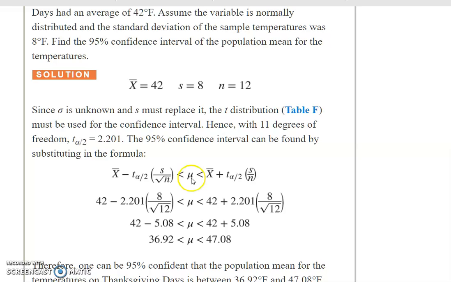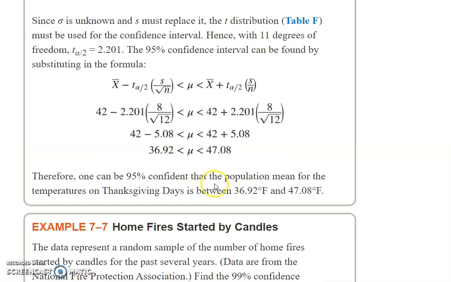Okay, so it's all very, very straightforward now. You plug in the numbers, calculate it out, and what do we have? Our best estimate for mu is an interval. We're 95% confident that the mu of the population is somewhere between 47.08 and 36.92. We can say it that way, or we could also say that mu is equal to 42 plus or minus